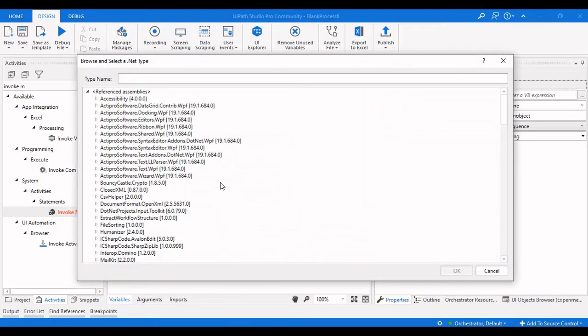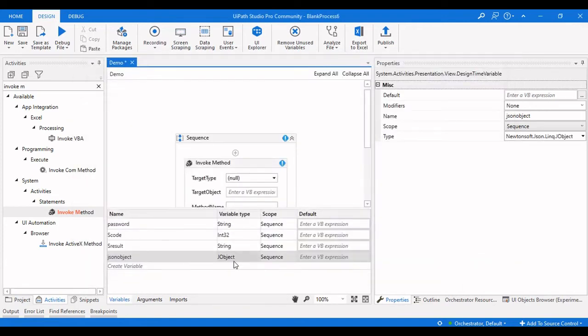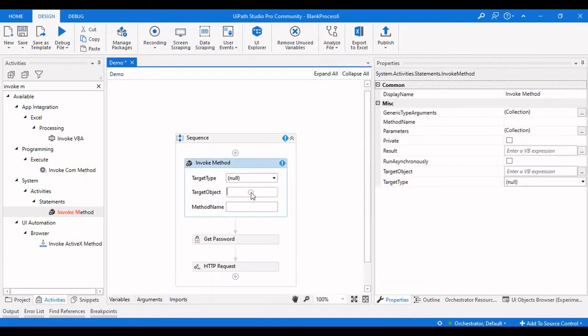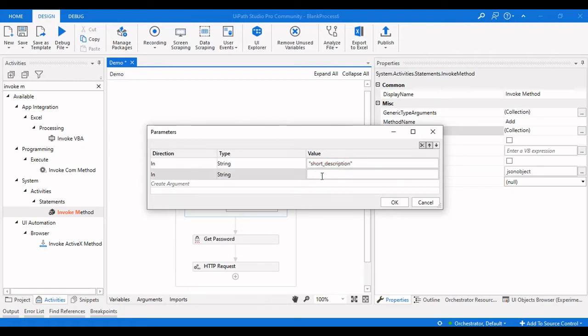So let us go for browse for types and type in JObject. Then you can see this one, Newtonsoft.Json. Just click on OK. That is the JSON object, and the target object will be a JSON object, and the method name would be Add. And the parameters, here we need to pass two parameters, which would be the name of that particular column. So here we are mentioning it as short description. So we are inserting only short description into the ServiceNow,